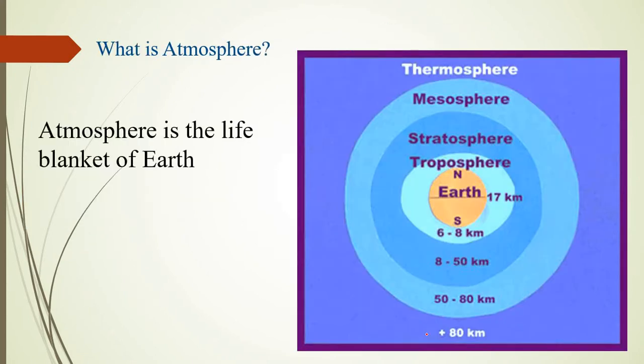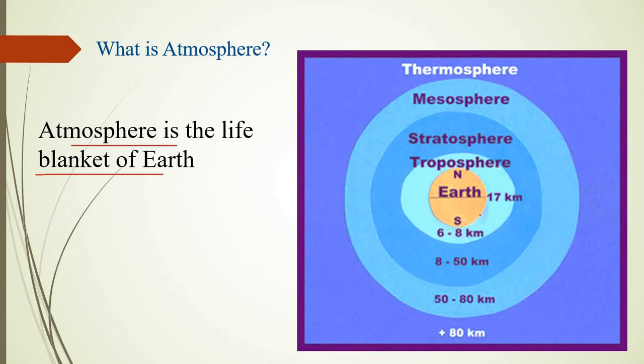What is our atmosphere? Atmosphere is the life blanket of earth. On top of the earth there is a layer, which we consider just like a blanket. There are types of atmosphere given; first, this yellow portion is called the